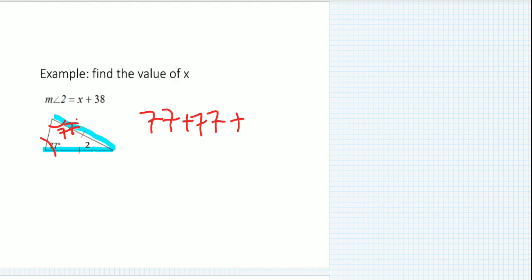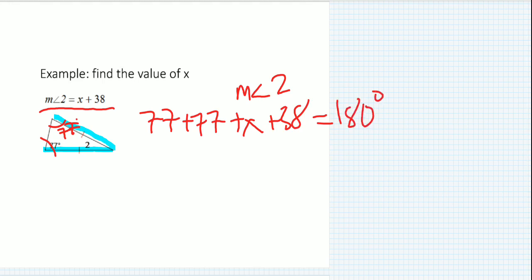And then plus, you can say angle 2, but then that's why they gave you that information there. So instead of saying measure of angle 2, we actually know what it is. It's x plus 38. Since we added all three angles of a triangle, we know that's equal to 180 from previous videos. And then we can go ahead and just combine like terms and then subtract on both sides. So we can just do this really quickly. 77 times 2 plus 38. So 77 plus 77 plus 38 is equal to